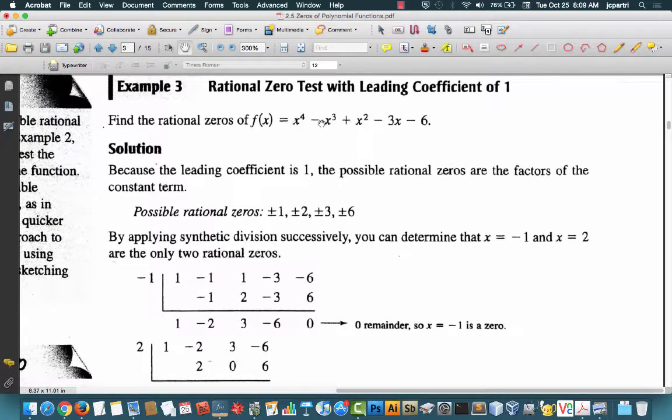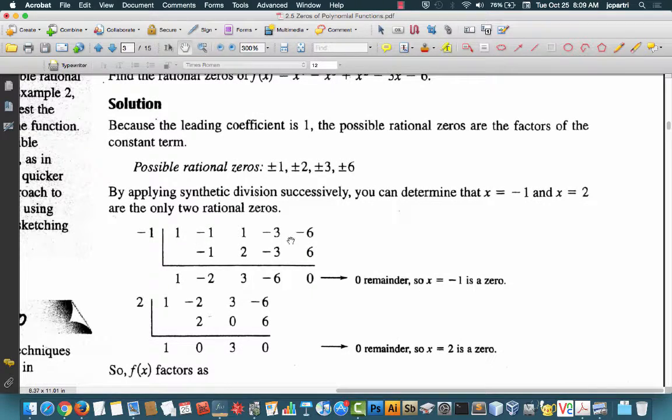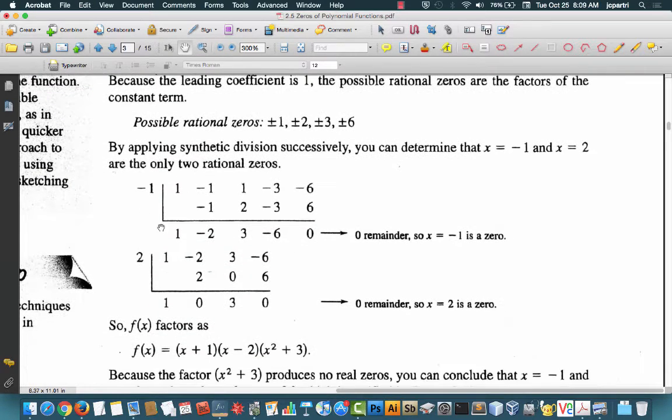So we take the coefficients here and we place them into the synthetic process, and we're going to test one of these numbers. So I choose -1 and I place it here, and I run through the synthetic division, and lo and behold, I get a remainder of 0, and that means that x equals -1 is a 0 of the function, which also in turn means that x plus 1 is a